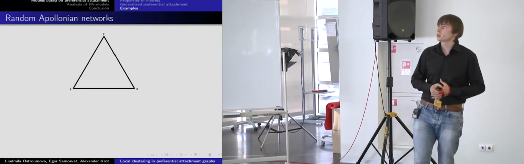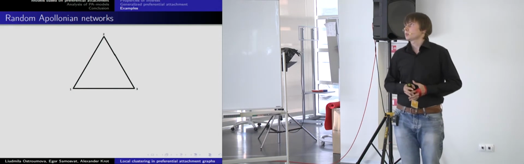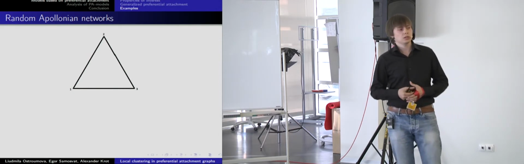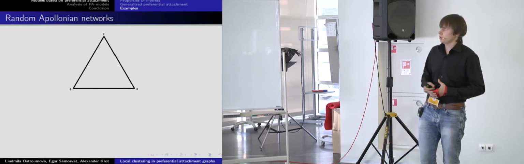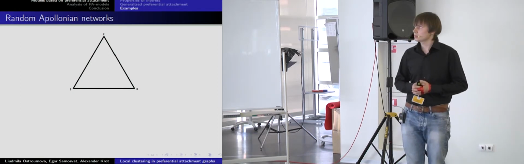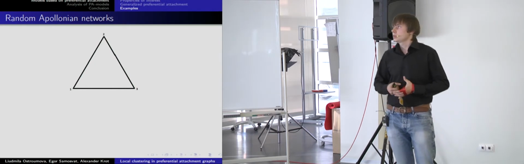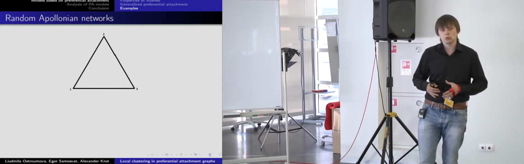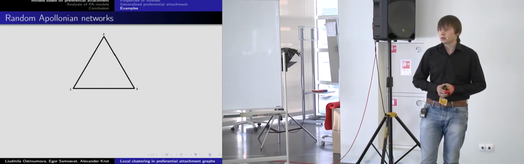Next, I will show you random Apollonian networks. It is another example, and it's very amazing because it's difficult to understand why this model belongs to the PA class. Anyway,